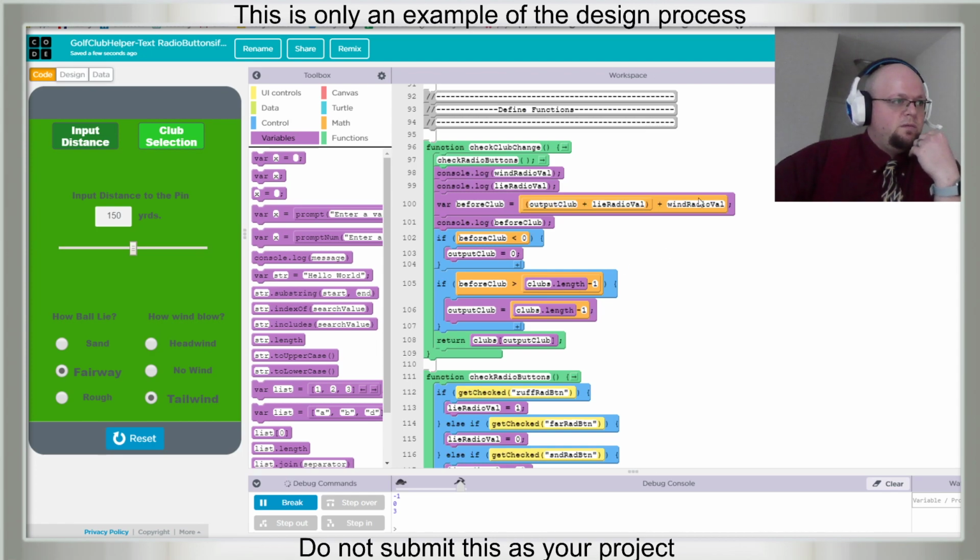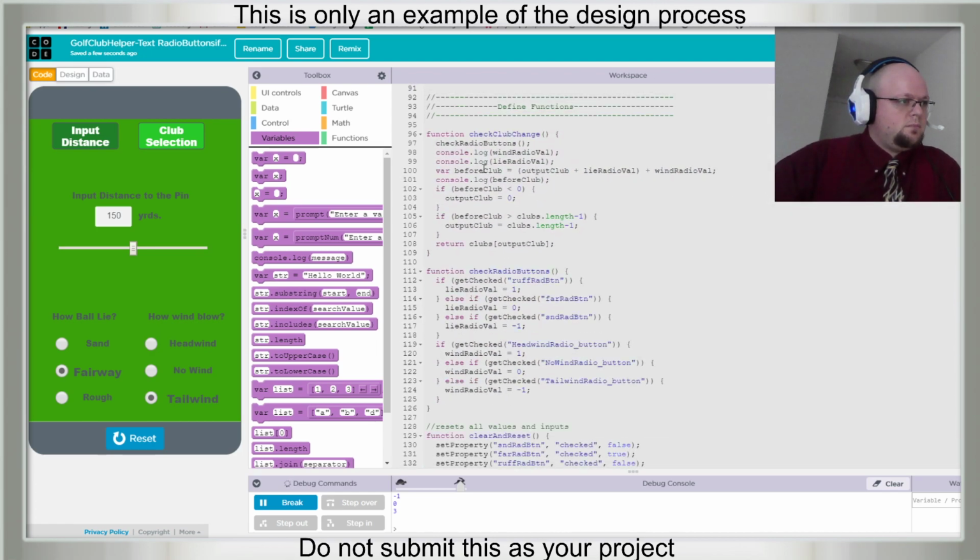Let's get rid of before club. And let's get rid of these parentheses. No, I mean, it shouldn't make a difference.